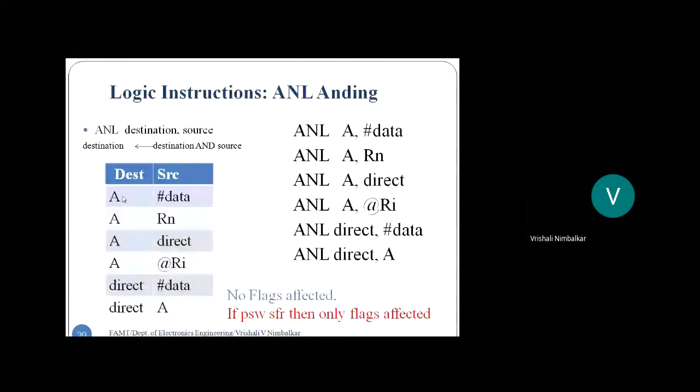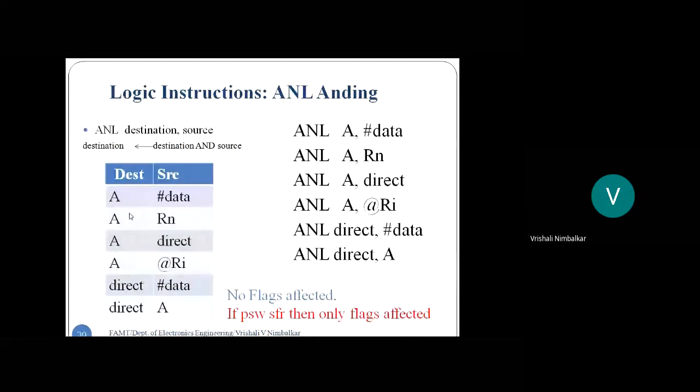So there are 4 addressing modes: immediate, register, direct, indirect. Whereas we have 2 additional instructions where the ANDing is done with respect to memory and stored back in memory. So there are 6 varieties of logical instructions for ANDing.